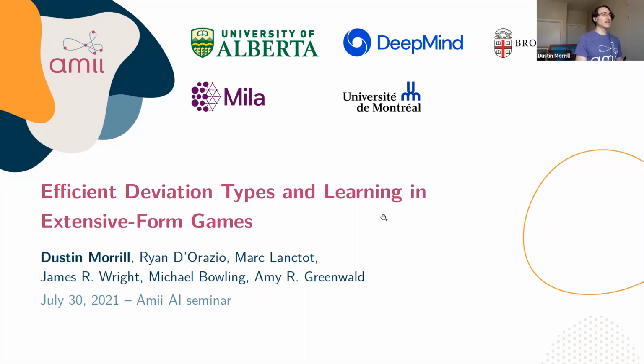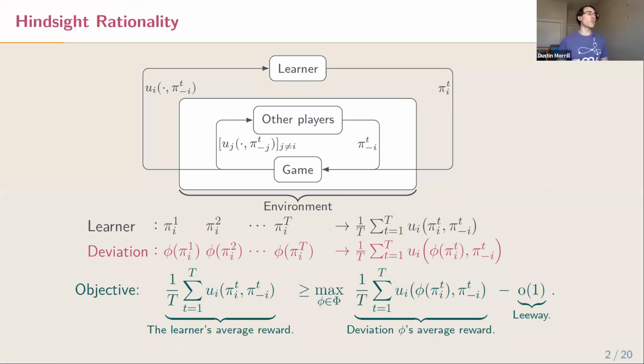No, actually. That's kind of the goal of this framework, this hindsight rationality idea, is that the learner is going to be playing strategies and learning from the payoffs they receive, but the other players are actually free to change how they behave arbitrarily. Now, we do have to be careful that it's not like the learner is going to converge to some optimal strategy against some particular strategies for the other players. What we're searching to guarantee is this lifetime performance guarantee, right?